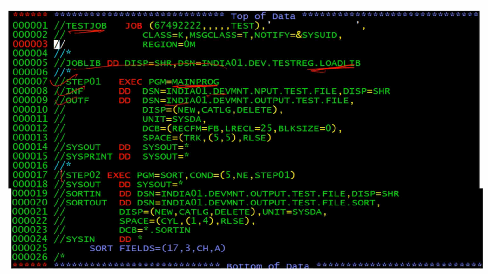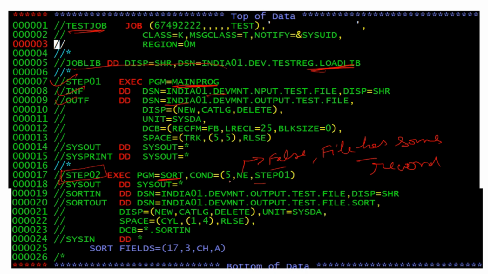In STEP02, we are executing the sort utility only when this condition is false, or the file has some record, meaning this step will execute only when the STEP01 condition is false or the file has some record.